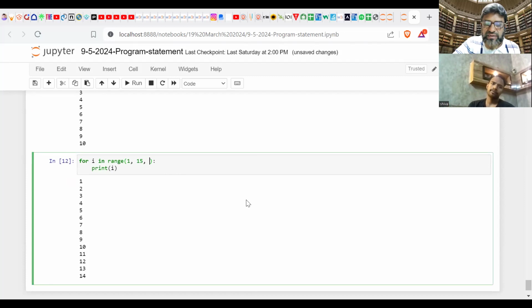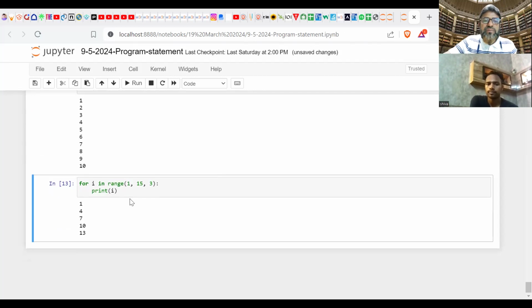The last concept is the interval. Now I am going to write here 3. The first number will be 1, and the next number is 1 plus 3, which prints 4. Then 4 plus 3 is 7, 7 plus 3 is 10, 10 plus 3 is 13, 13 plus 3 is 16. It will print up to 14 times. Is this all right?